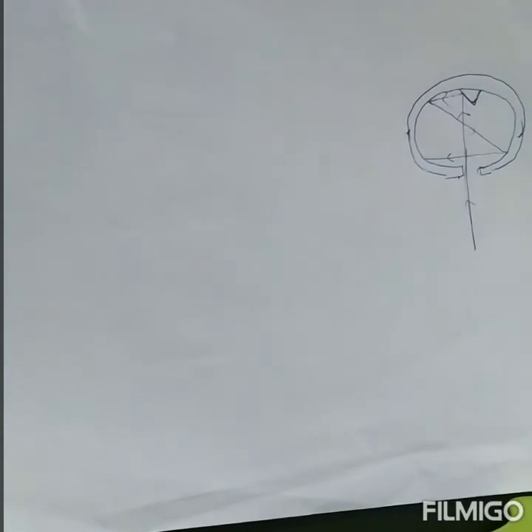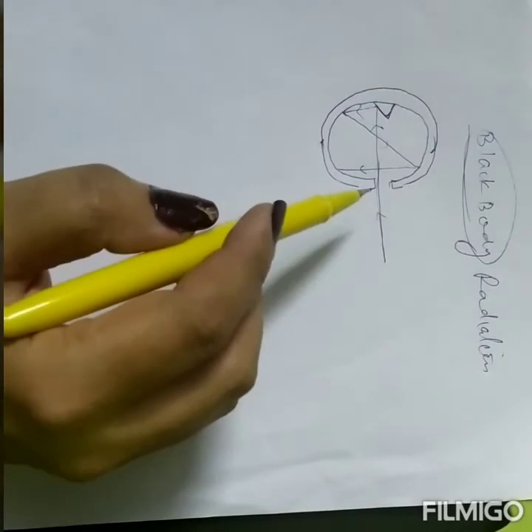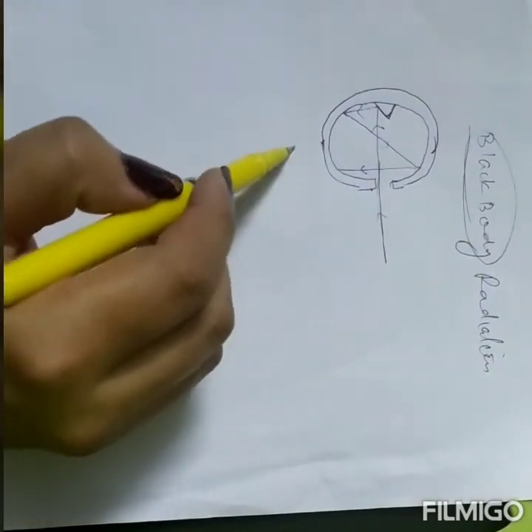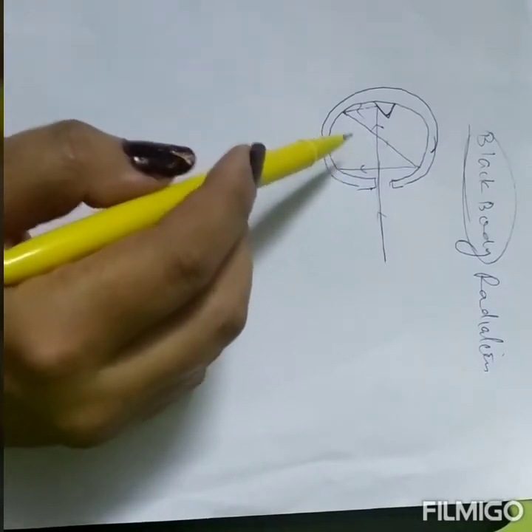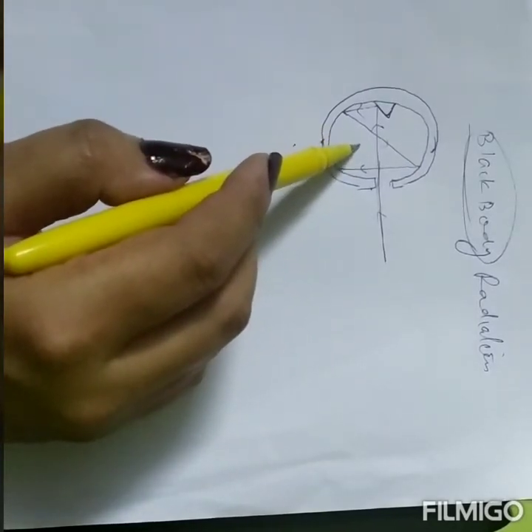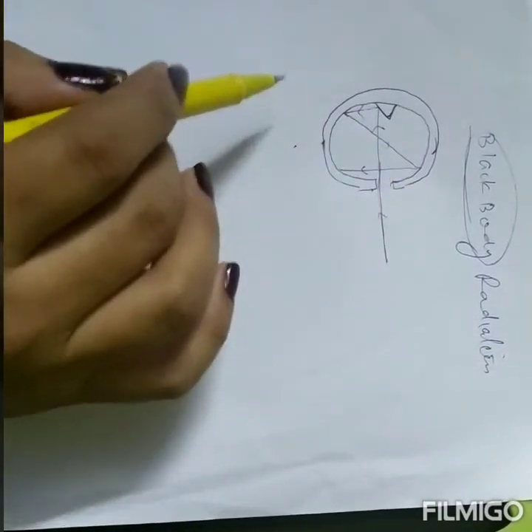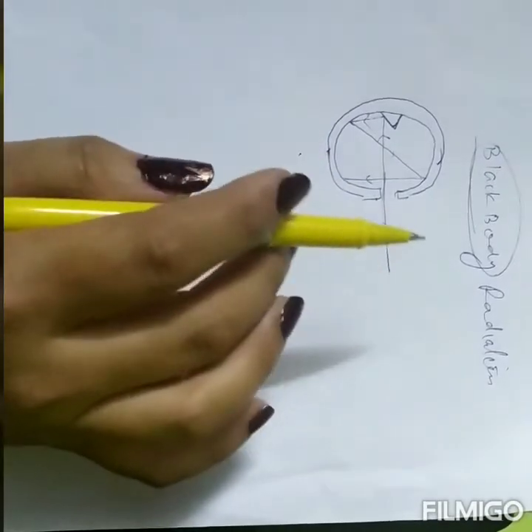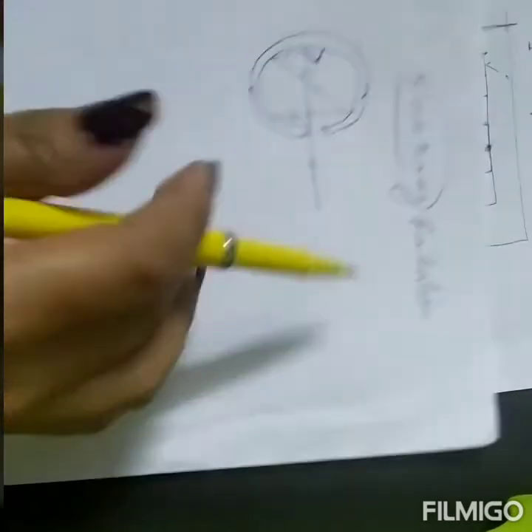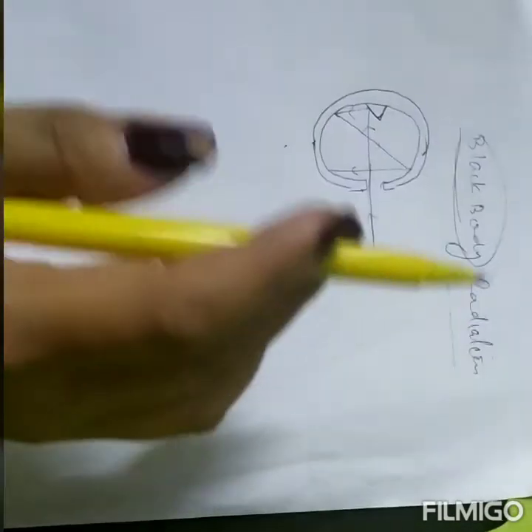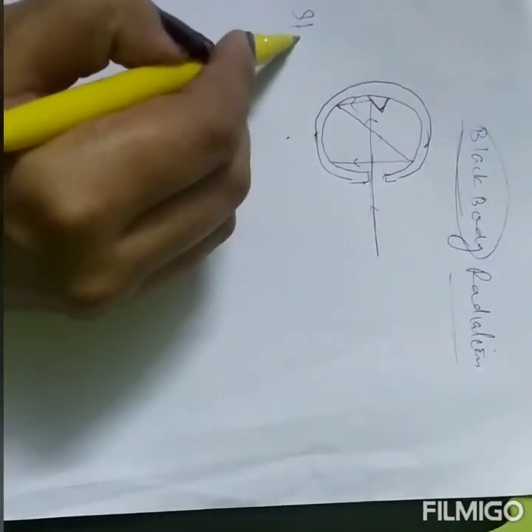It means a black body will absorb each and every radiation which falls on it, but it will emit radiation only when you heat it up. Because when you heat it up, whatever radiation energy it has absorbed, it will start radiating. It will start radiating all those radiations. Okay, so these radiations are called black body radiations. Fine. Now, there is one law also after that, the Stefan-Boltzmann law.